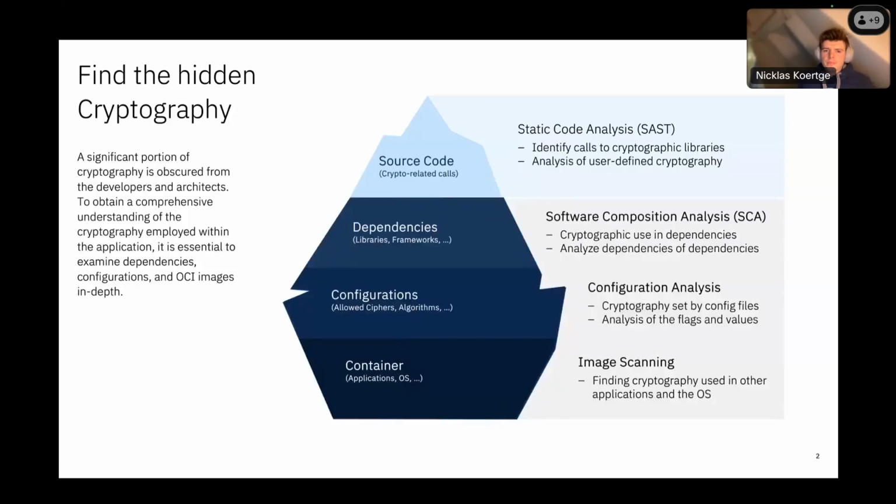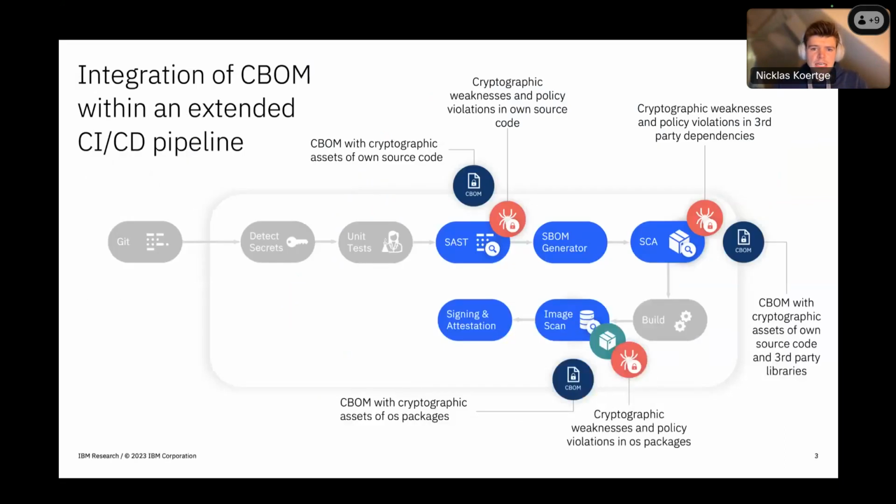So as Basil already mentioned, there's a need of creating an inventory, but the first idea would be to actually look at the source code of your application. Now this talk will be a little bit application focused. So you would look at the source code to find crypto calls. But there's actually more to that to understand the whole stack of crypto used in your application. And the crucial part is to understand also which cryptography is used in your dependencies and also dependencies of dependencies. And that's actually where Dependency-Track or other SCA tools may be useful.